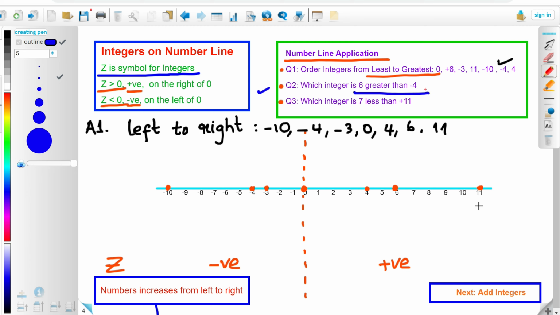So now we need to write down an integer which is 6 greater than minus 4. Can you help me to do this? Well, let's go to minus 4 first. That is minus 4, correct? Now we want to say 6 greater than means what? Tell me. So question number 2, the answer is we want to go for 6 greater than